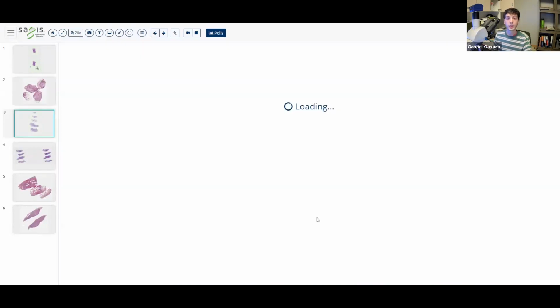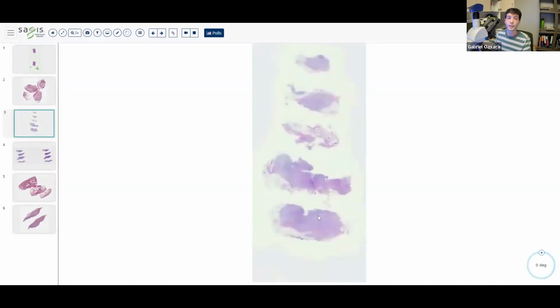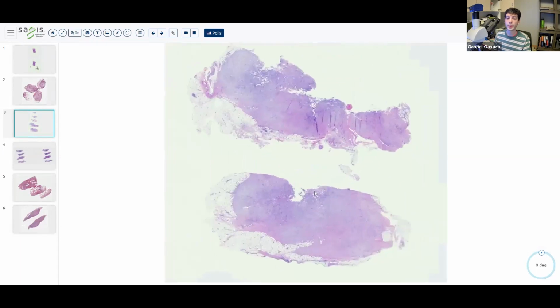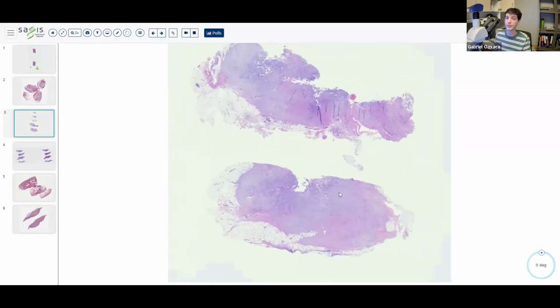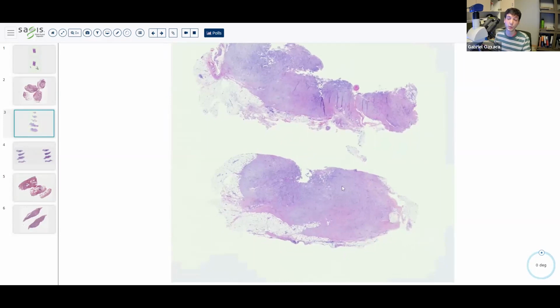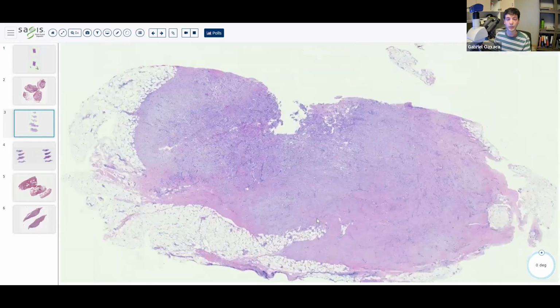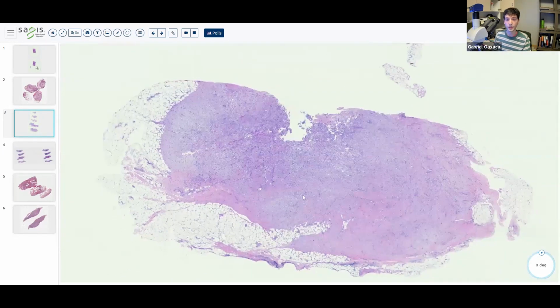All right, next case. This one, let's say, is from a middle-aged individual, and it's from the thigh. So technically this lesion could arise essentially anywhere except for the abdominal wall. All right, so low power, we have a somewhat circumscribed, but also a little bit infiltrative